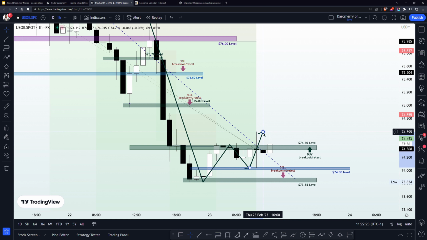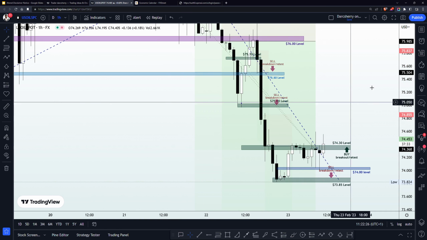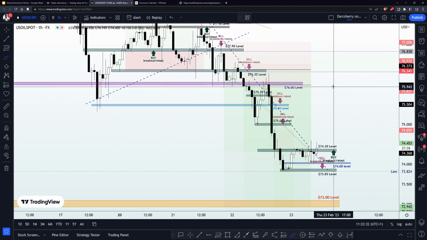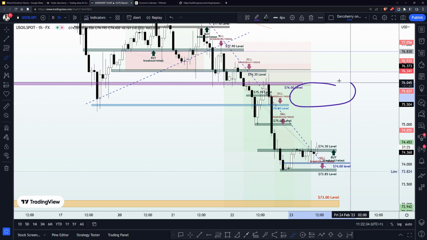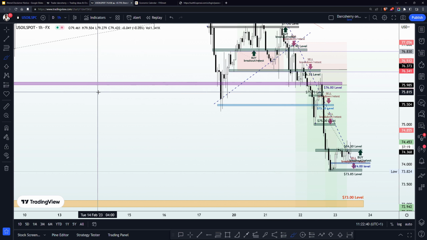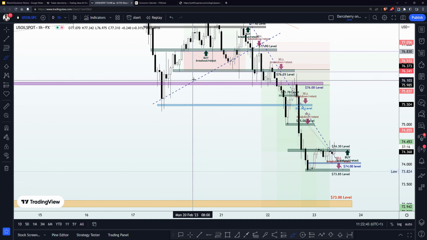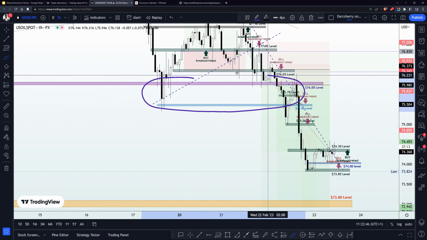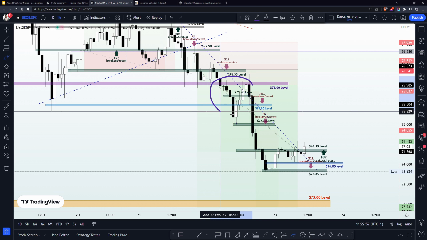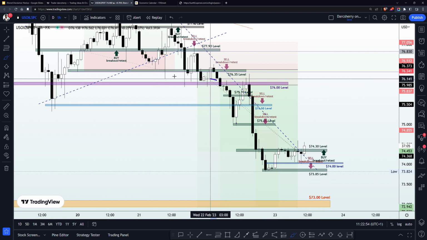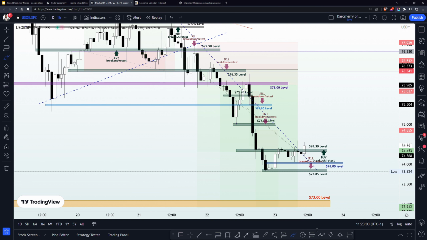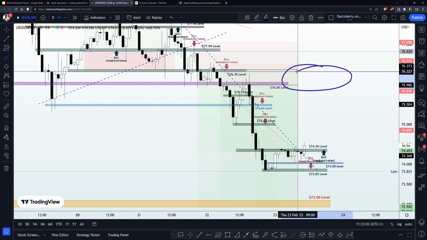And mind you, if this happens, please note that this is a counter trend opportunity, and we might likely see a situation where price will come back into the structure between the $76 area and the $75 area. And why is that so? If we look at what has been happening here since last week Friday, we can see that between this area and this area has been a strong demand zone in this market. And yesterday we saw the breakdown of that structure to emphasize that that level was no longer strong enough to hold that bullish momentum anymore. And there is a likelihood that price action will come back into that structure again.